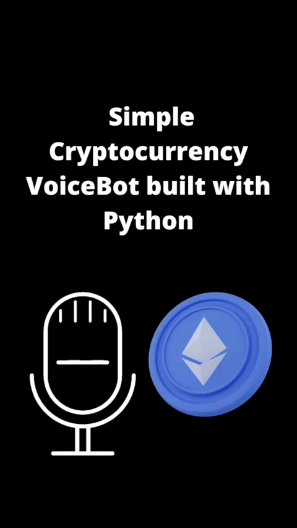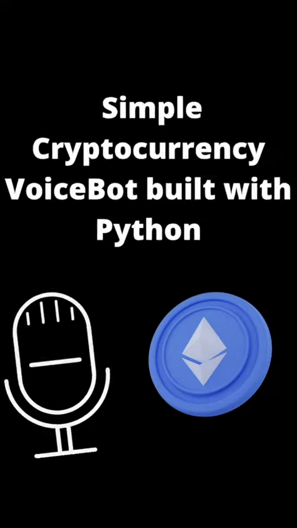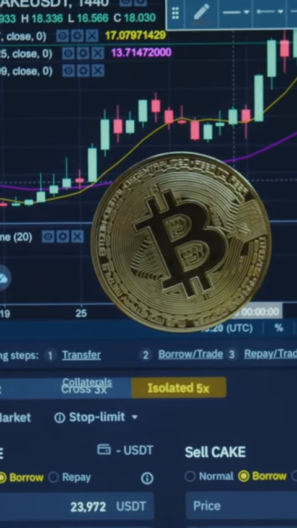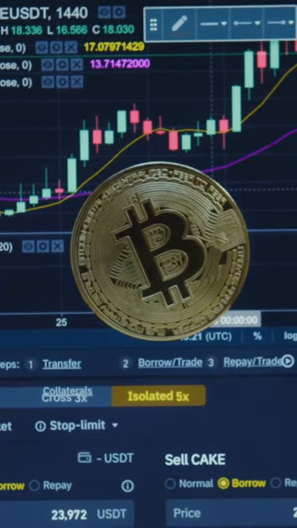I built a really simple cryptocurrency voice bot with Python. I'll show you how to build one. Are you interested in Bitcoin or Ethereum? Ethereum. Price in dollars for Ethereum is